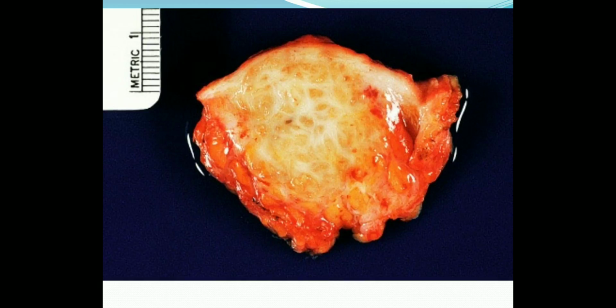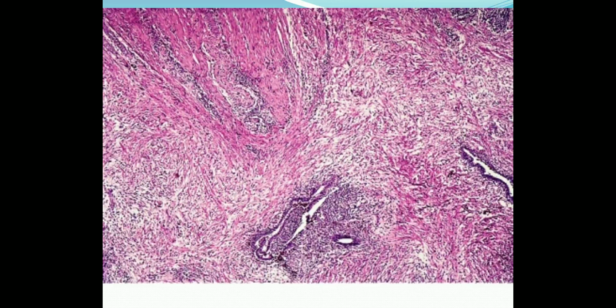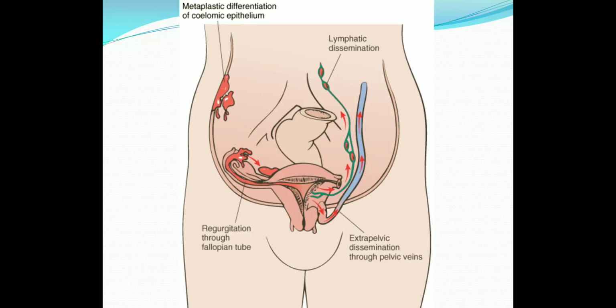This is a cut section of soft tissue with a scar with endometrial tissue, that is endometriosis, which can be seen as gray, white and reddish areas. The microscopy is very typical. You can see fibrous tissue, muscle, and then in the center some blue areas, which are nothing but the endometrial gland and surrounding stroma. That is very typical of endometriosis and very easy to diagnose.